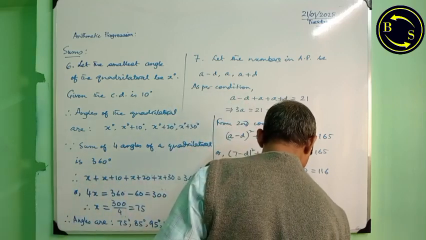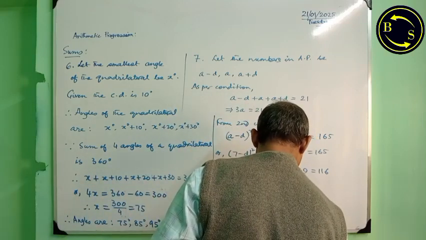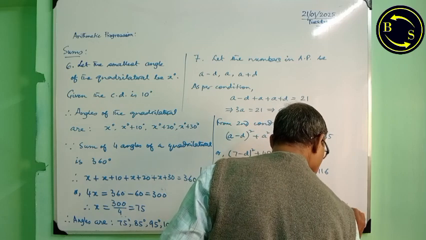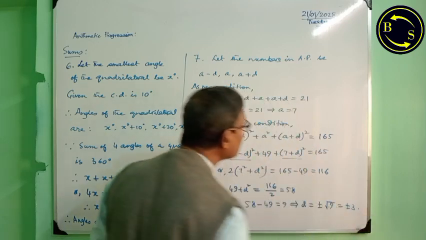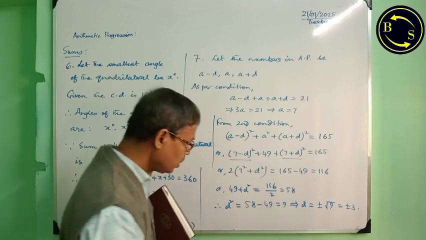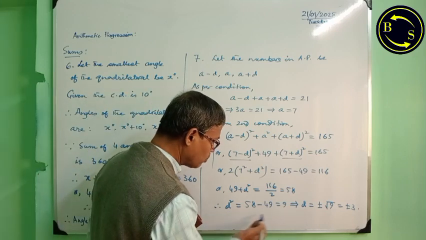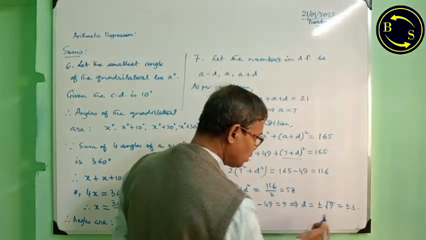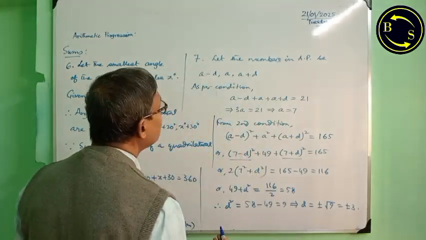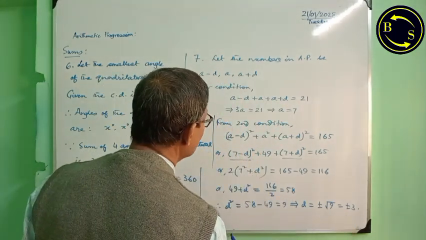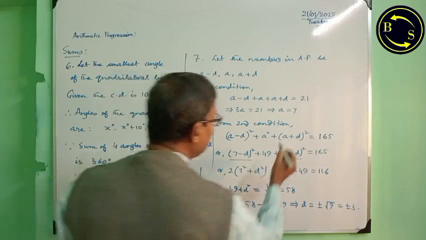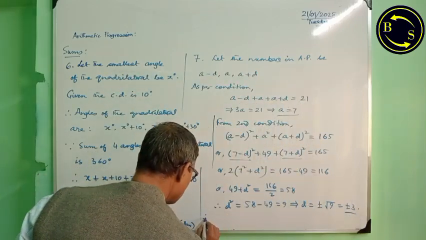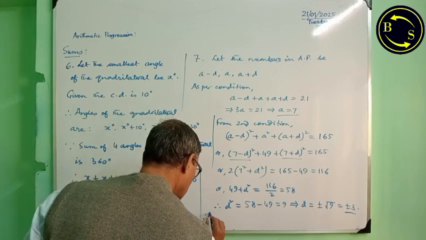From that, d equal to plus minus root 9 means plus minus 3. Remember, this is quadratic equation, d square equal to 9, therefore it will have two values which are plus minus 3. Now, already we have solved a and d, therefore required numbers are